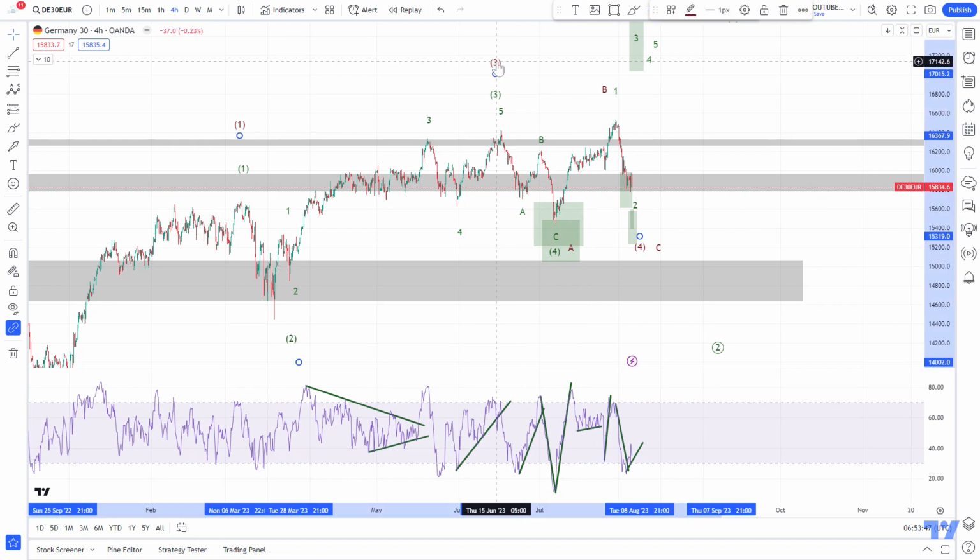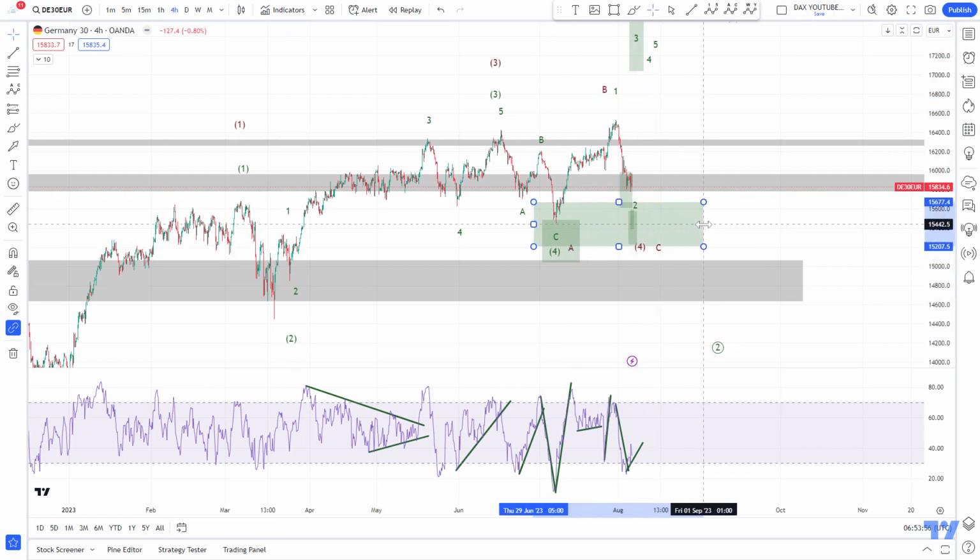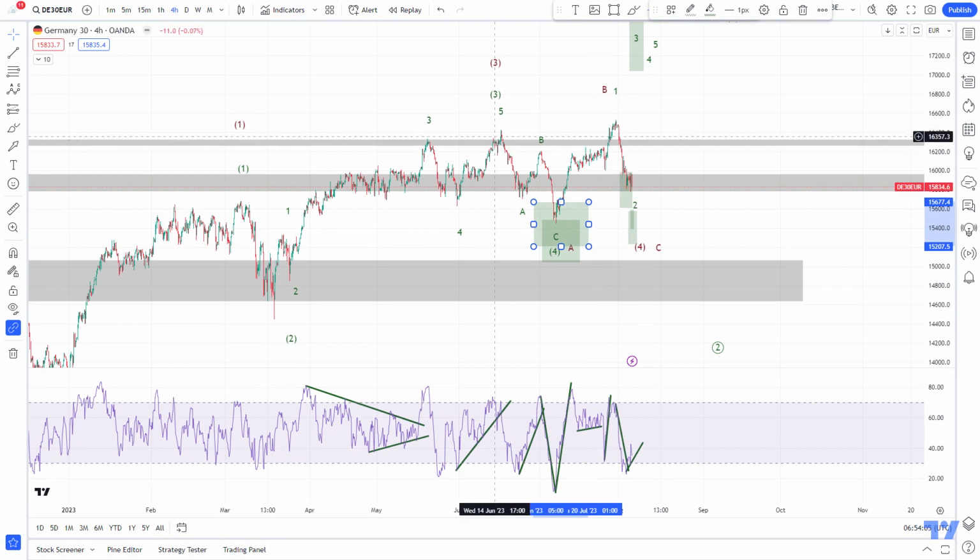The bearish one in red here assumes that our wave 4 was not in yet, but that we will go deeper here into this area, so that we take out this low, and we will do this as an expanded flat. So that would mean here this is our wave A down, B up, and then C down as a wave 4. Then this here becomes an impulse in 5 waves: 1, 2, 3, 4, 5, like this down, taking out this low here.